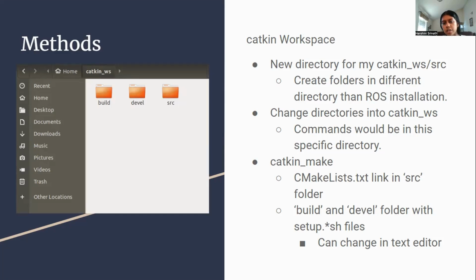And then I changed directories into just the Catkin workspace. So when I made folders, it would just be in that specific directory. Again, this just makes it easier when navigating and running code. So you can just put everything in that directory instead of having it in like the base directory where all the installations happened. And then I ran the command catkin_make, and this just makes different folders,